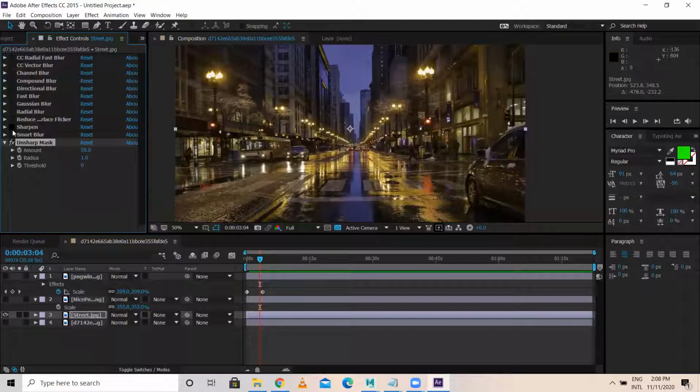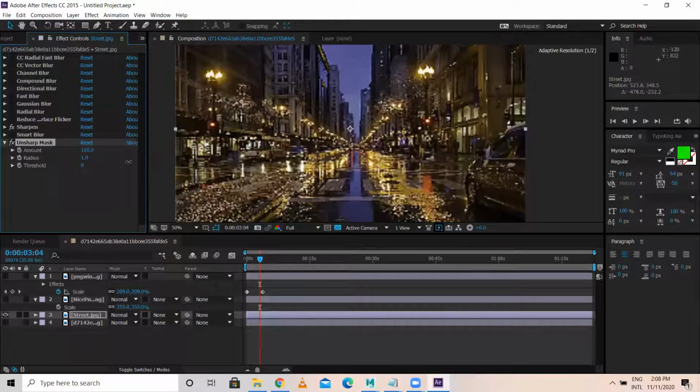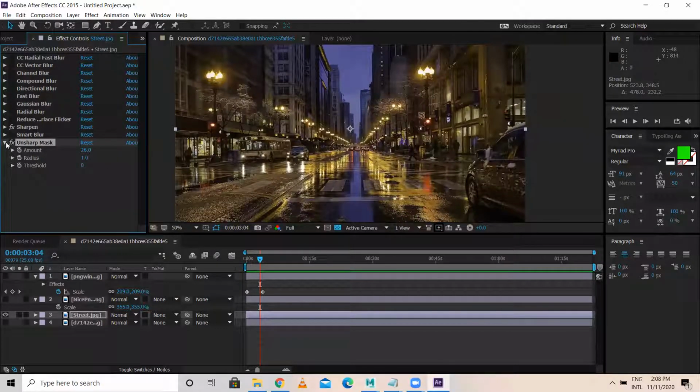Then I'll come to unsharp mask. That's nothing but, let's say you have sharpened the area with the help of unsharp mask, you can unsharpen. You can convert this into blur. There are small changes happening here. These areas are already a bit sharpened. By selecting this, it will be even more sharpened. Okay, reduce the amount. You have to test both, then only you'll understand the difference. Okay, I'll turn off the sharpen.